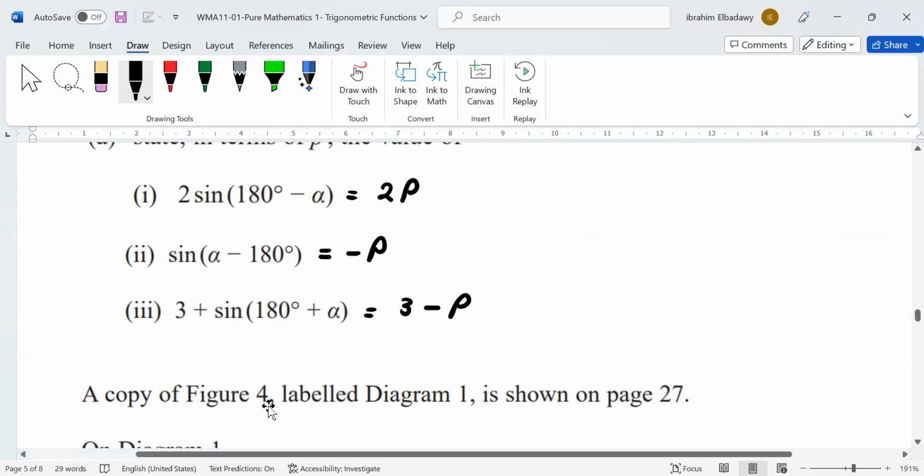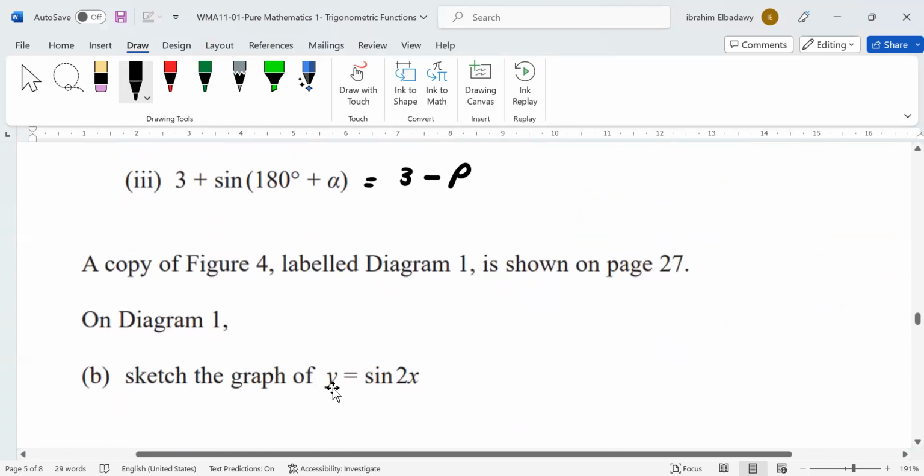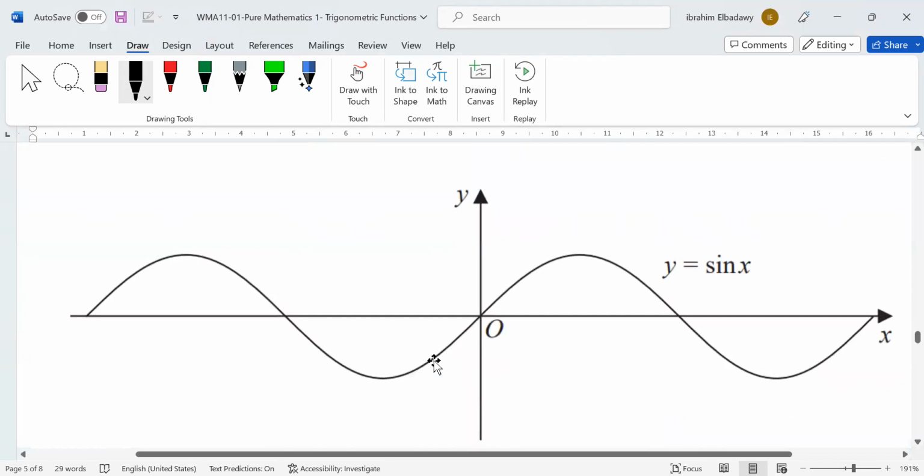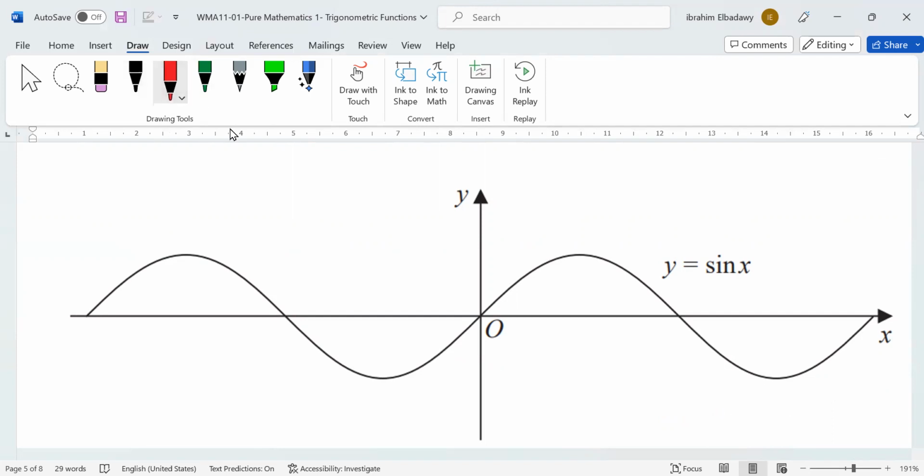A copy of figure 4, labeled diagram 1, is shown on page 27. On diagram 1, sketch y equals sine 2x. You need to draw sine 2x. Actually, the sketch is related to sine x. What is the meaning of sine 2x? Sine 2x means you have to divide the angle by 2. For example, if you draw it,